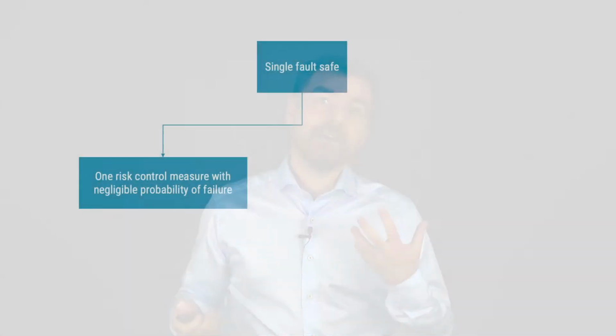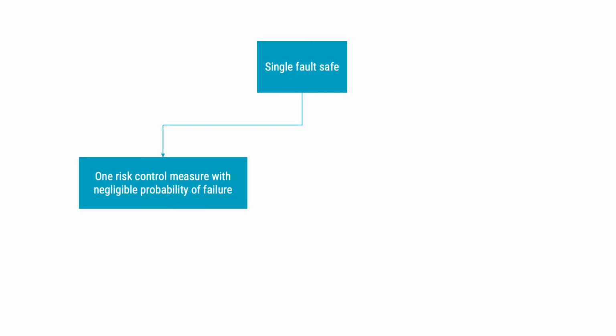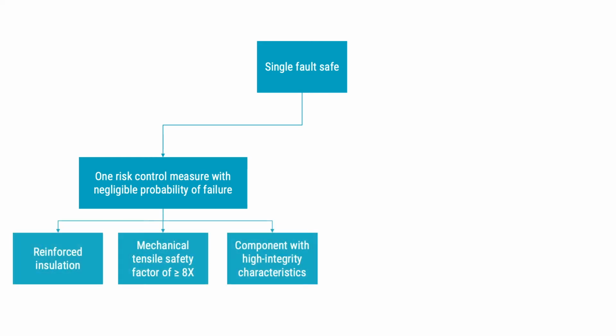At this point in the course, it is time to discuss single fault conditions from a different perspective. Generally, devices shall be defined and manufactured to remain single fault safe, at least if you cannot demonstrate that the risk remains acceptable in case of a fault. You have two options for each design feature that shall be single fault safe. The first option is to define the feature in a way where you can demonstrate that the probability of failure is insignificant. Examples include reinforced insulation,